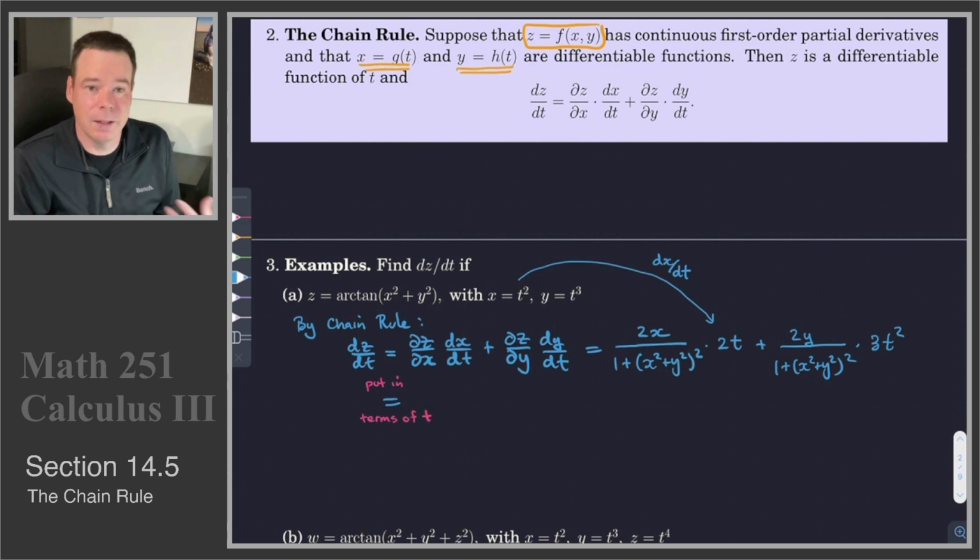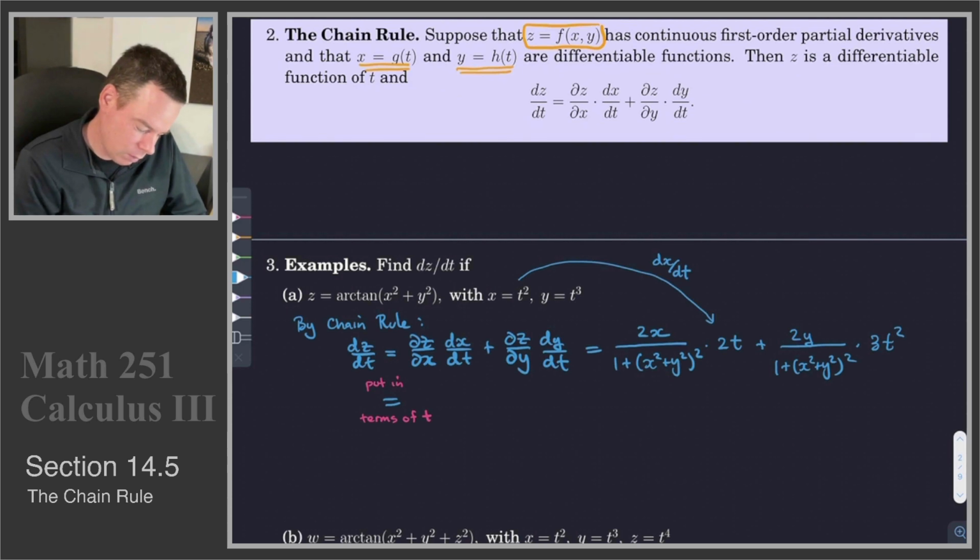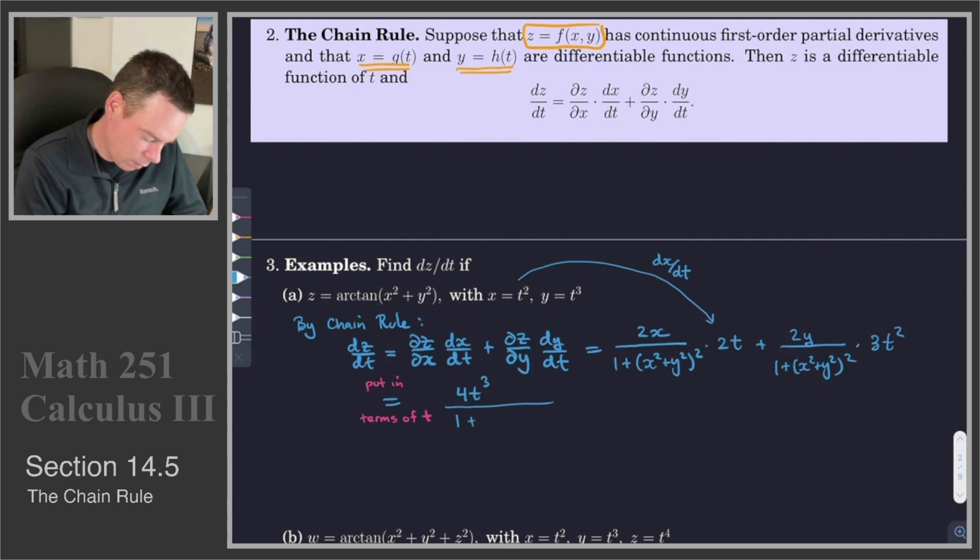Because ultimately z is a function of t, so if we want to find its derivative with respect to t, we might as well write the answer as a function of t. So I'm just going to substitute x equals t squared and y equals t cubed for all those x's and y's. So I get a 2x is a 2t squared, and then the other 2t out there becomes a 4t cubed up top. On the bottom for that first term is a 1 plus,